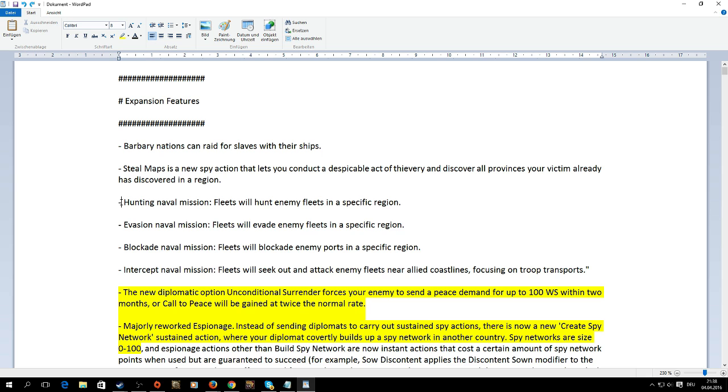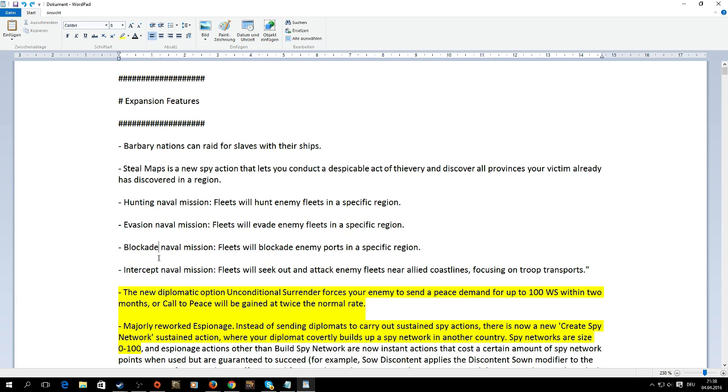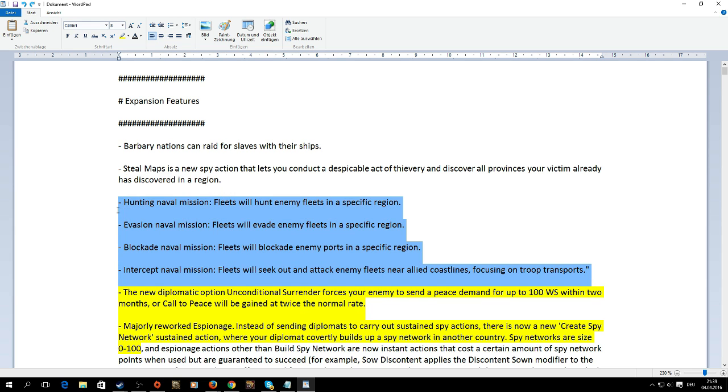Then there's a whole bunch of new naval missions. They're fairly self-explanatory, I think. Just a little easier management of your fleets, really. So I'm actually kind of pissed that that is an expansion feature and not just a free one, since it becomes fairly essential that you have these once your fleets have to engage all over the world. Managing them would become nearly impossible,